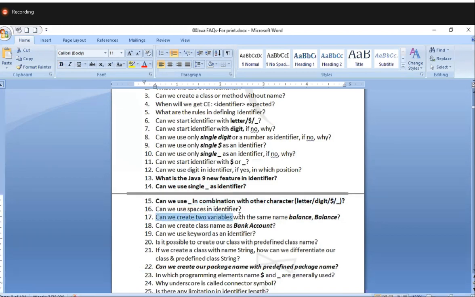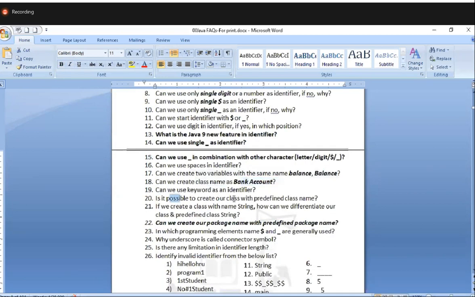Can we use space in an identifier? No. Can we create two variables with the same name, balance? Yes, because Java is case sensitive. Can we create a class name as bank space account? No. Can we use a keyword as an identifier? No. Is it possible to create our class with a predefined class name? Yes. If we create a class with the name string, how can we differentiate our class from